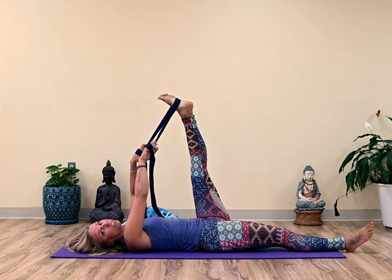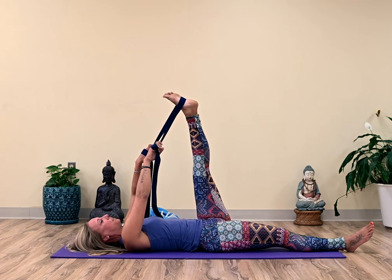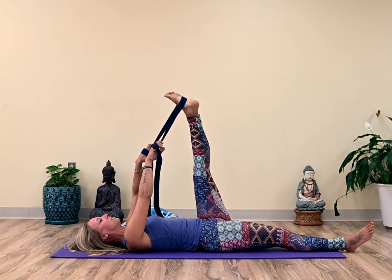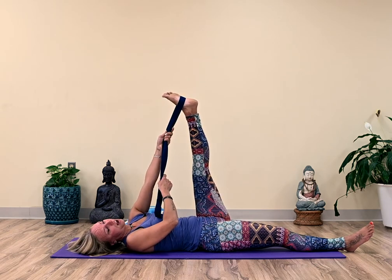Feels really good to get yourself completely empty, especially when what you're letting go of is things you don't need anymore. Your air's already been harvested of all the nutrients. Let it go. Now, we're going to hold with the same hand of the leg that's up high, the other